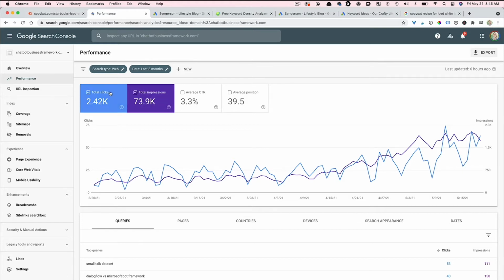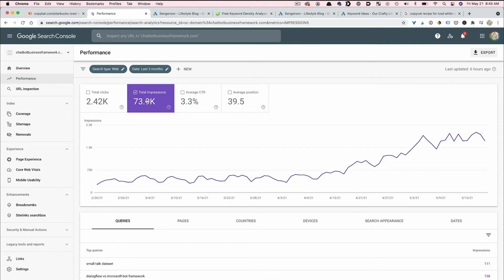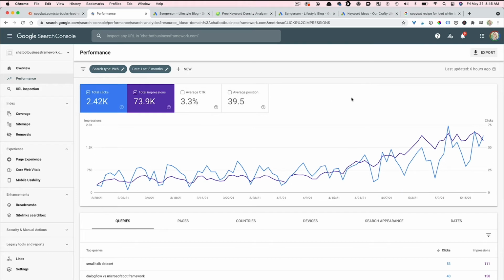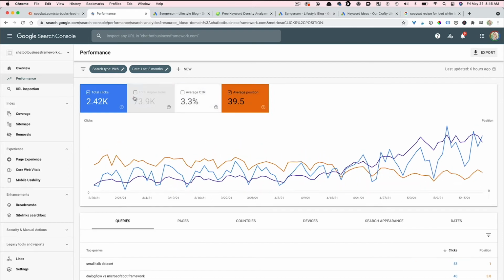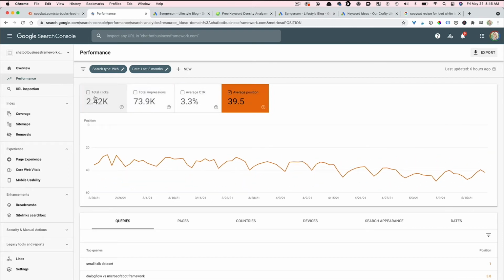So you guys see these little boxes right here when you get in here? These are clickable. I don't know if you guys knew that, but there were two boxes here, the average CTR, click-through rate, and the average position, which I never clicked whenever I came in here. So I never looked at it and it didn't make any sense to me. So I want you guys to know that when you see these little boxes are colorful, you can click on them. So just FYI there.